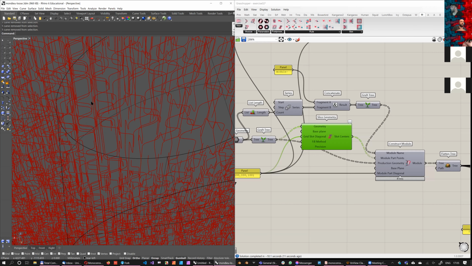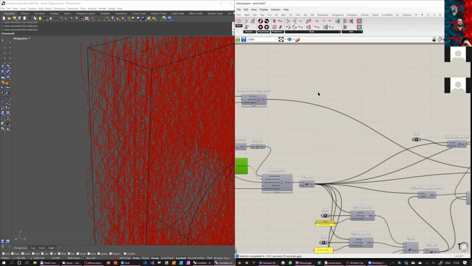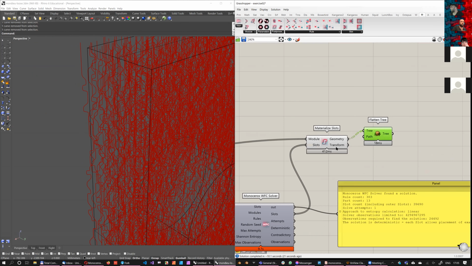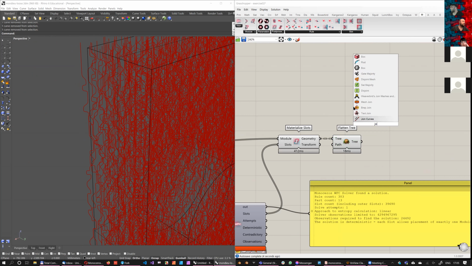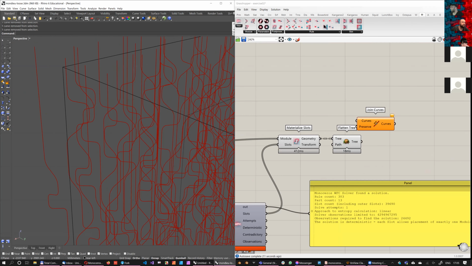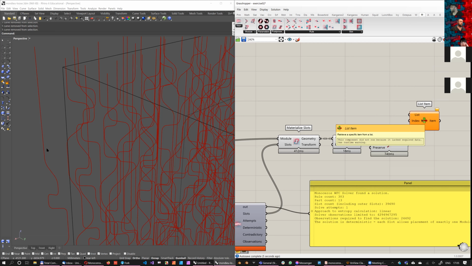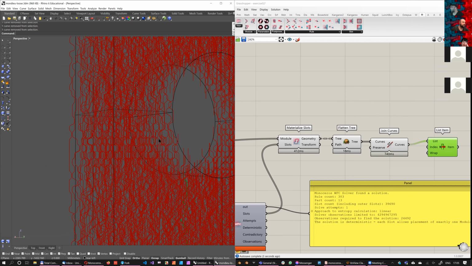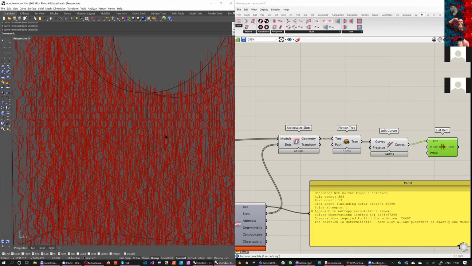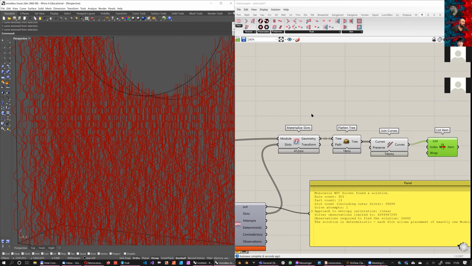So flatten tree like this, and then join. And now they are super short. All of them are super short. This is one module, this is another module, this is another module, and so on. But if I join curves like this, then because I worked precisely, you see that now this one is one continuous curve because it can join. It can join the parts because they fit precisely one on another. And eventually, I ended up having